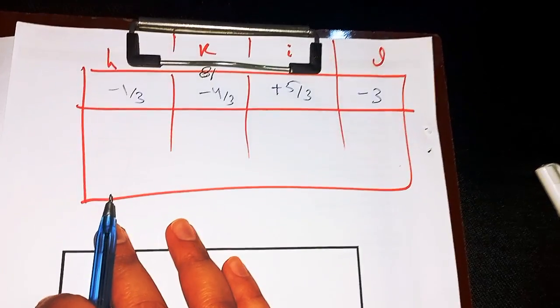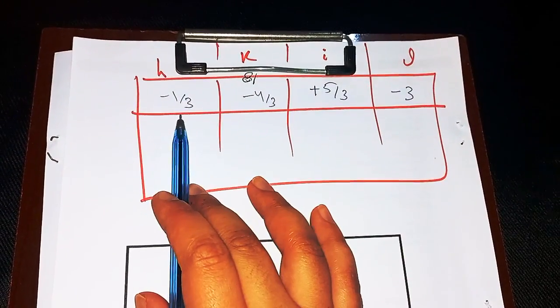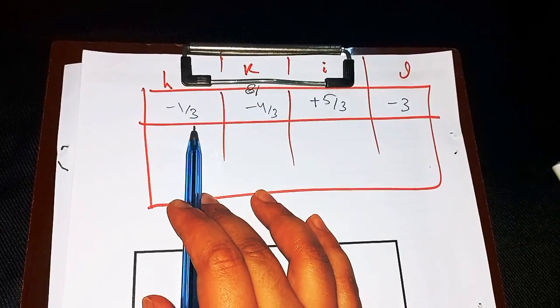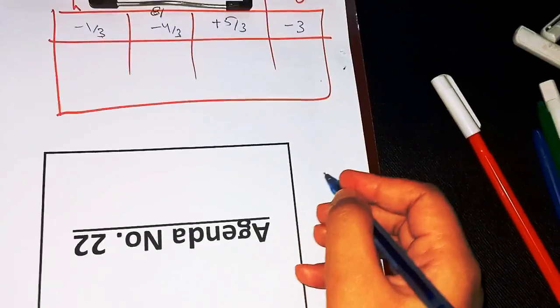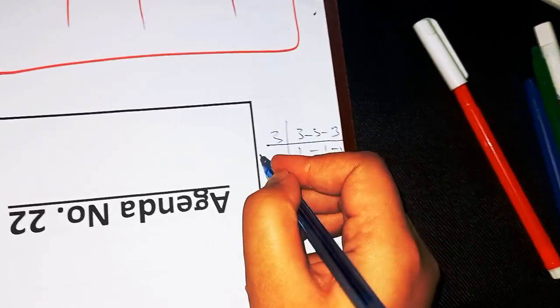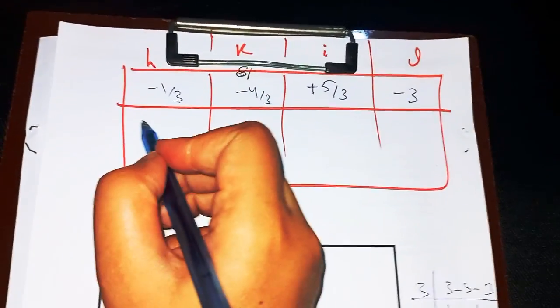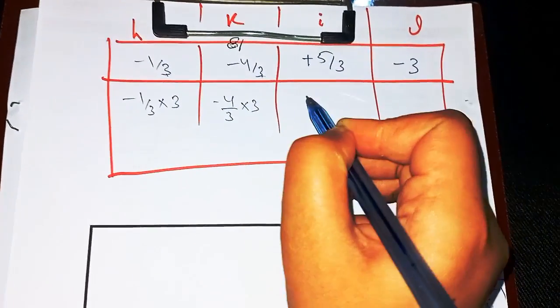Now we need to remove these fractions, and we can do this by multiplying the LCM of the denominators by each of these indices. We can see that it's 3, 3 and 3 in the denominator, so the LCM is 3. Multiplying 3 by each of these indices to remove the fractions,